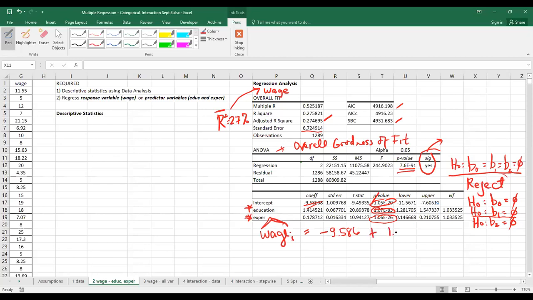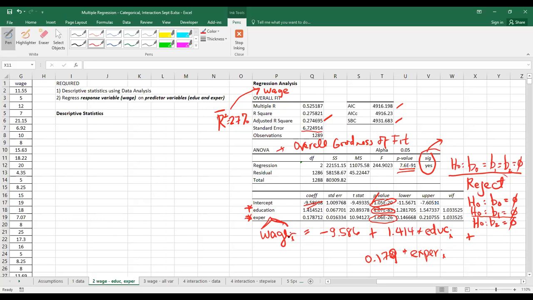Plus 1.414 times education sub I, plus 0.179 (three decimal places) times experience sub I. Bakit sub I, guys? Kasi yung